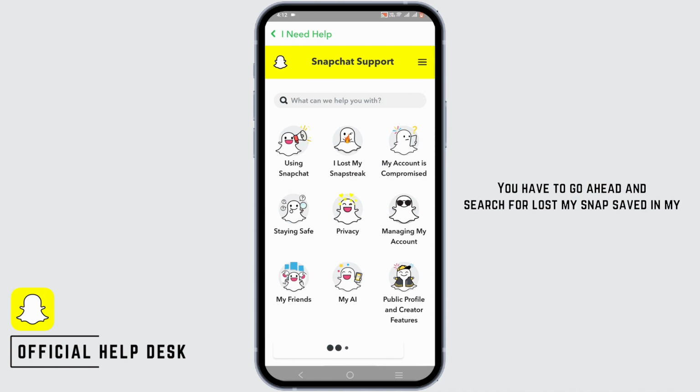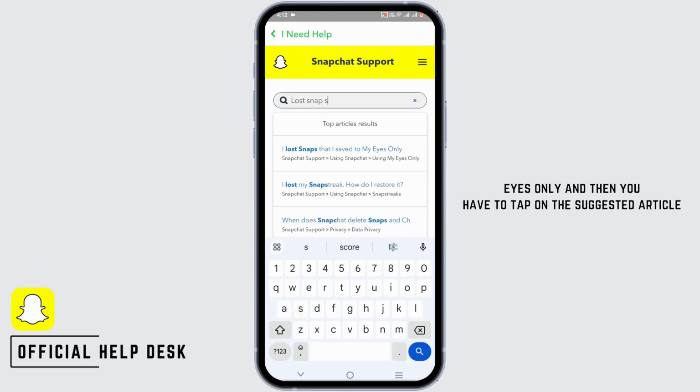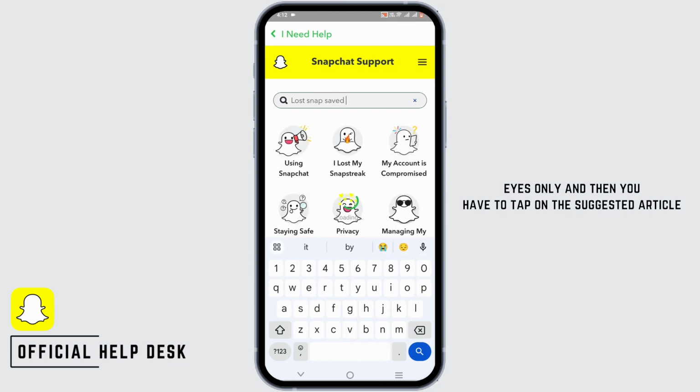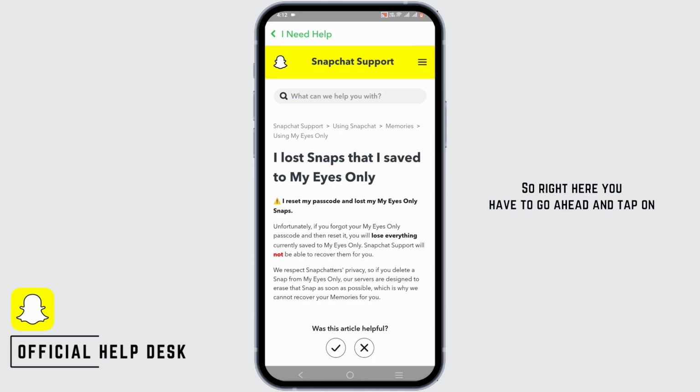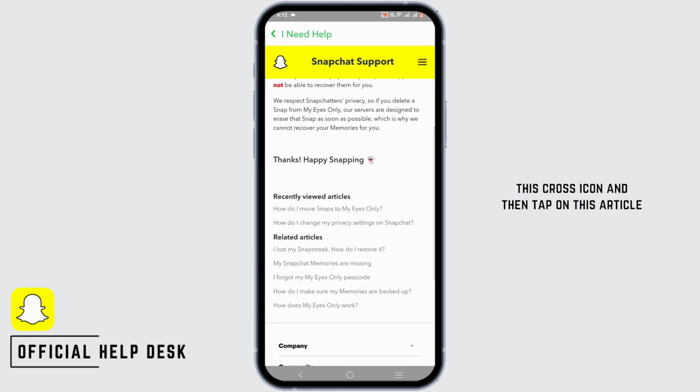In the search bar, you have to go ahead and search for Lost My Snap Saved in My Eyes Only. And then you have to tap on the suggested article. So right here, you have to go ahead and tap on this cross icon and then tap on this article